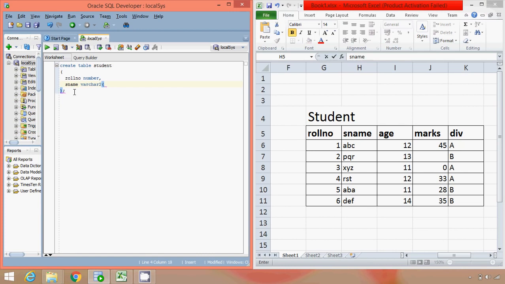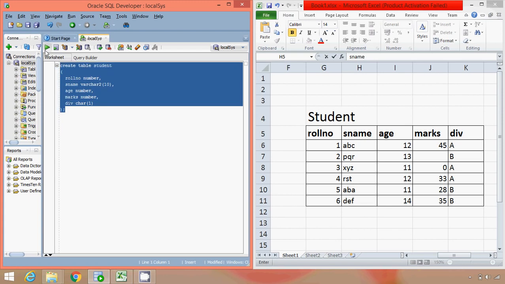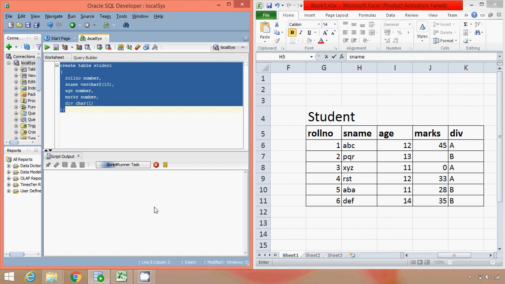We'll provide the maximum size for it as 10. Then we have age, again number, marks, number, and division, that is char. We'll execute this command. Okay, so we get the message that table student is created.